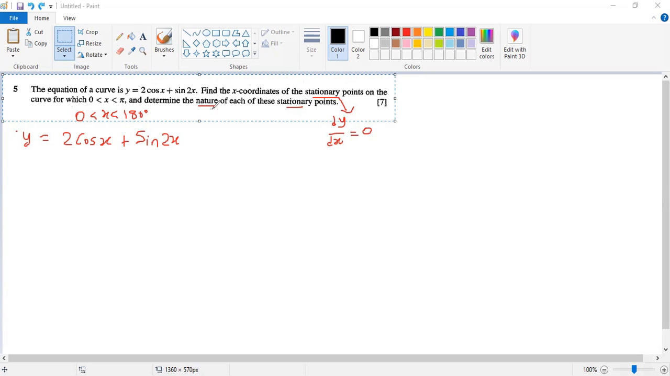Stationary points, there are 2 types. There's a minimum and a maximum. So we need to determine the nature of it. To show whether it's a minimum or maximum, I need to check the second differential. Minimum means it will be positive when you substitute the value of x